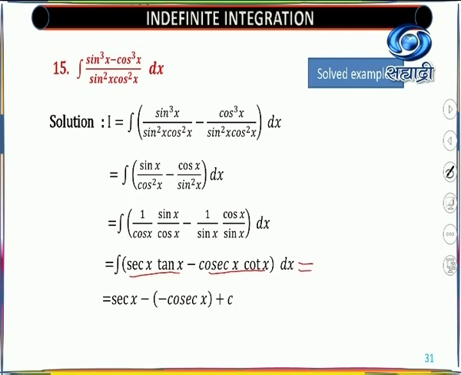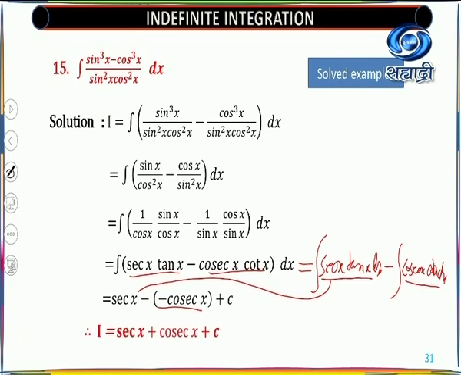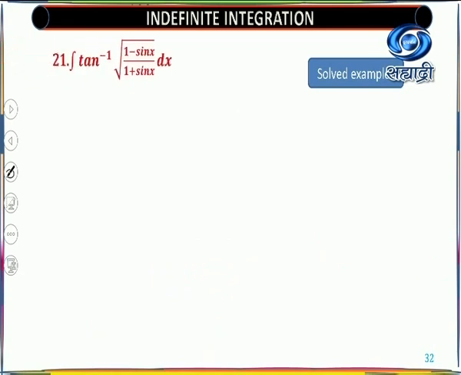Once you separate them out, here is the next step, which is the integral of sec x tan x dx. You need to find the function whose derivative is sec x tan x, that is sec x. So you got sec x. Now next is the integral of cosec x cot x dx. This is the derivative of minus cosec x, so you are getting minus cosec x. So now the final answer will be sec x, minus of minus is plus, cosec x plus constant of integration. This way we are completed with these trigonometric functions in numerator and denominator.